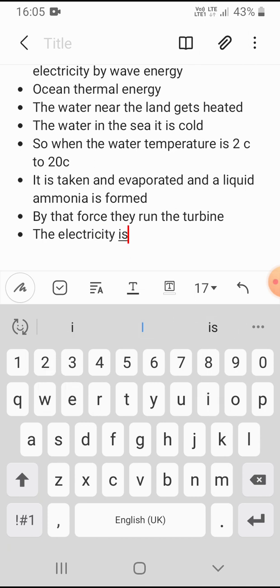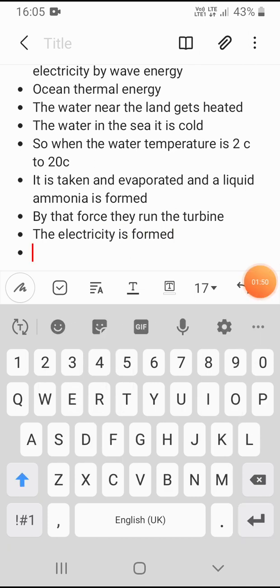Electricity is formed by this. Like this only, ocean thermal energy is formed. They took the water near the sea that is a little bit hot because of the sun rays fallen from the sun, and by that water they evaporated that and they formed